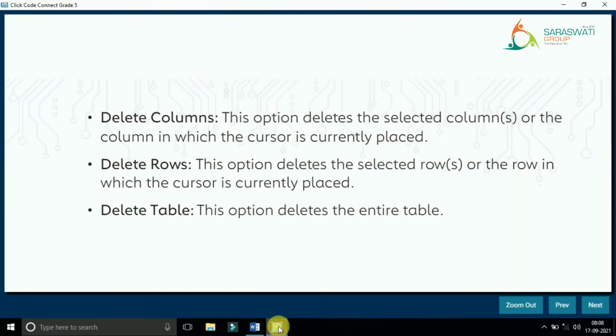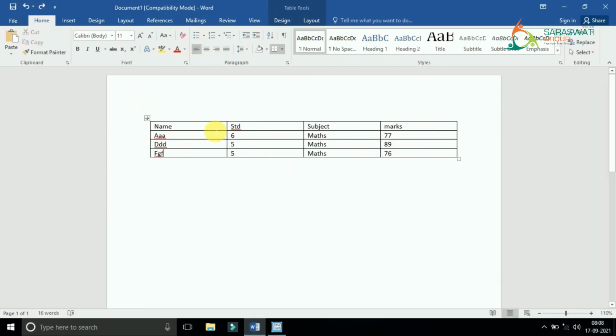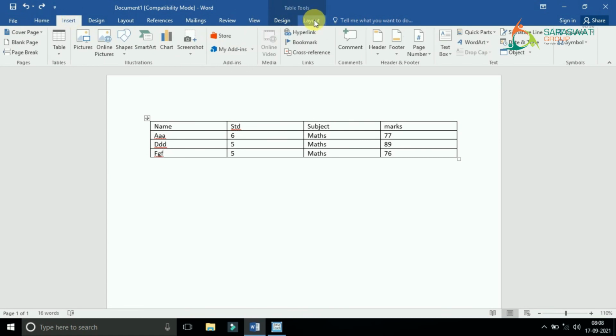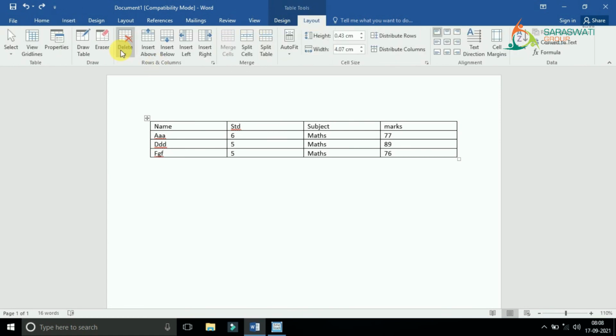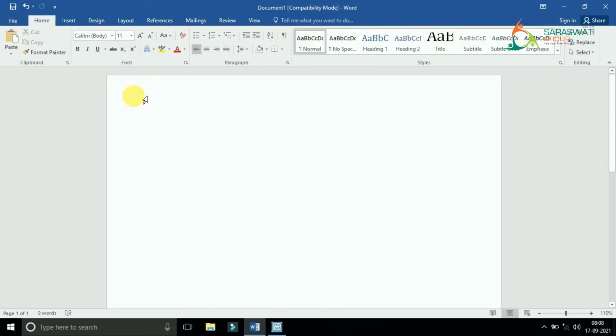And the last option, Delete Table. This option deletes the entire table. That means now you feel that this table is not appropriate, it is not good. So again you will go to the Layout tab and in Delete, the entire table will be deleted. Clear?